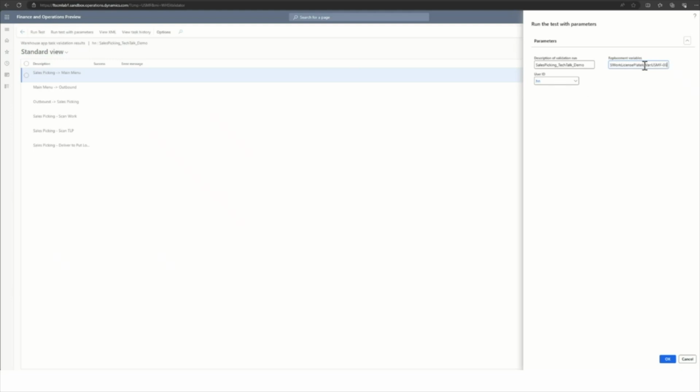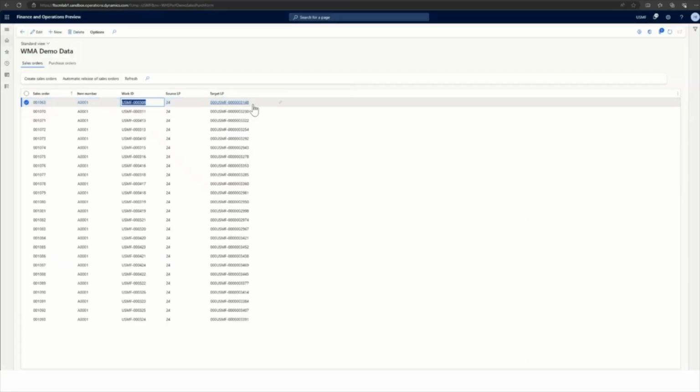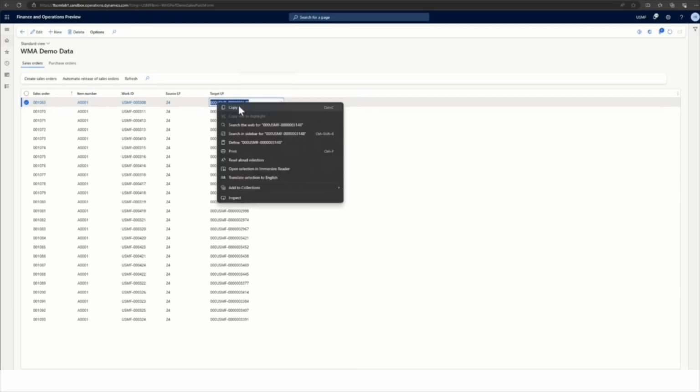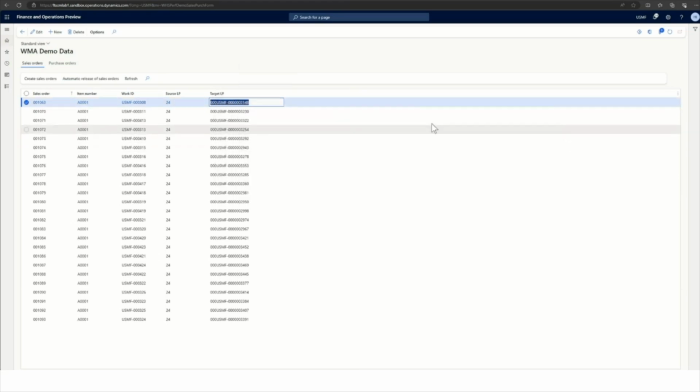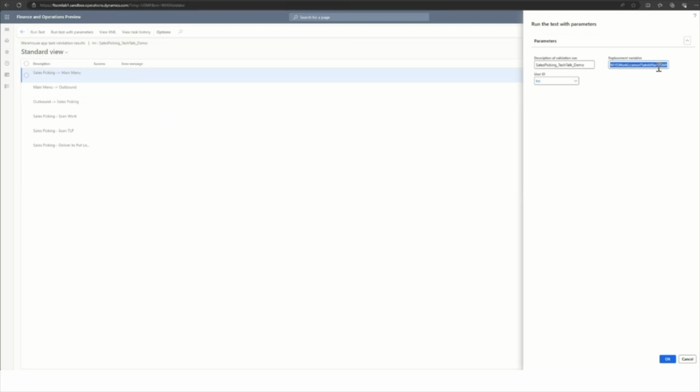So this is the sales picking task, and we only need two variables. One is the work ID, so we'll specify 308 as that is the one which is an open work order. And then we can specify the target license plate. So let's copy the target license plate 3148 and specify it as part of our unit testing of the sales picking scenario. Once I have specified the user input variables for work ID, target license plate, and user ID,